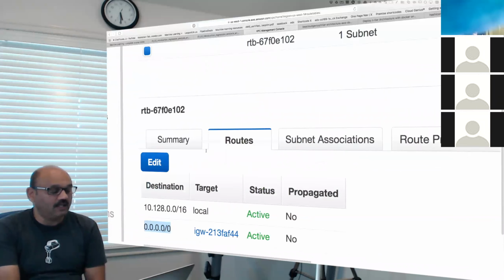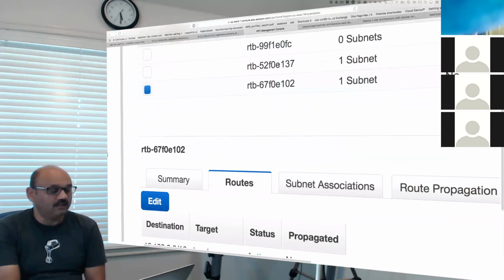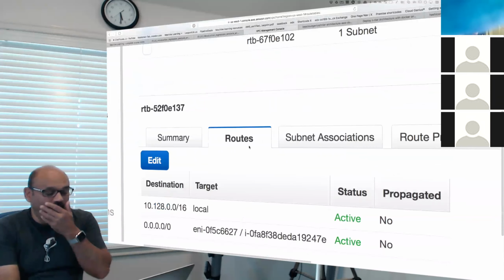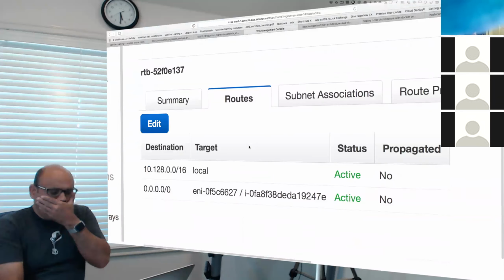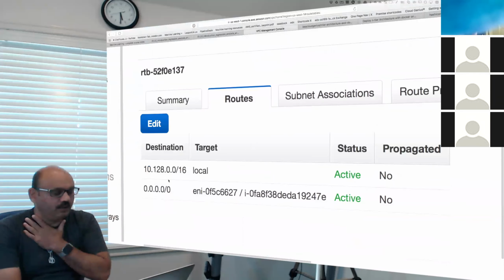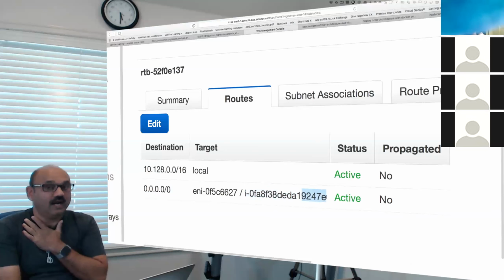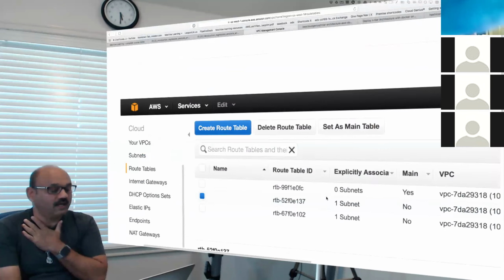You can see that. Similarly, on the other subnet, you will see that the routes are not going directly through the internet gateway, but going through an instance. The instance ID is 9247echo. And this is the NAT device, by the way, that we should see. Go back and compare.